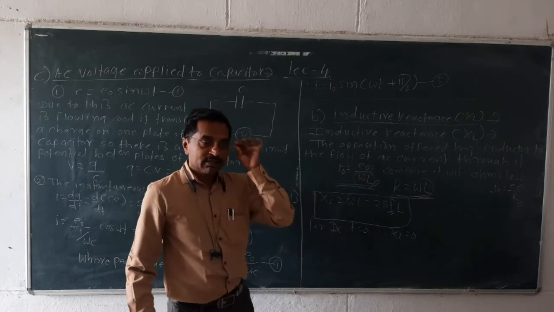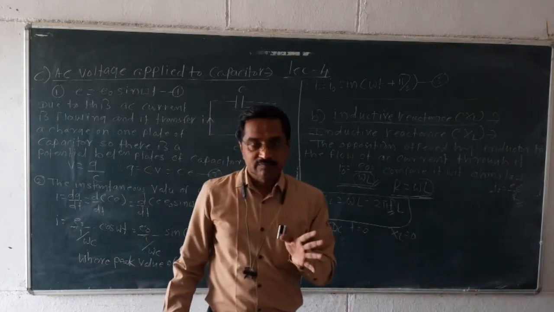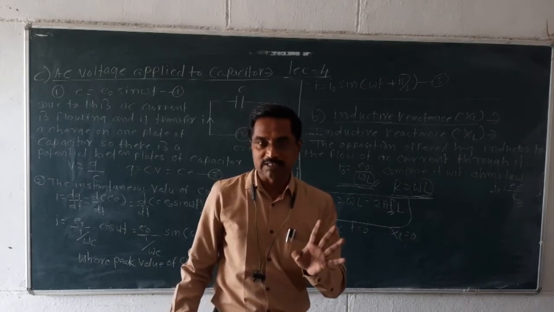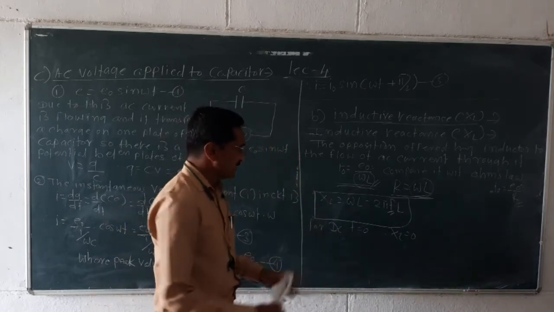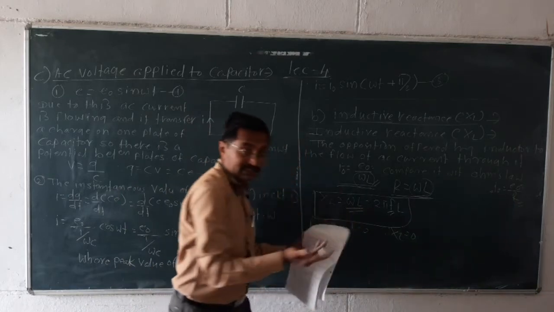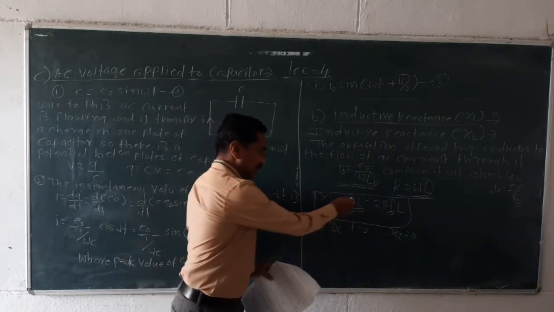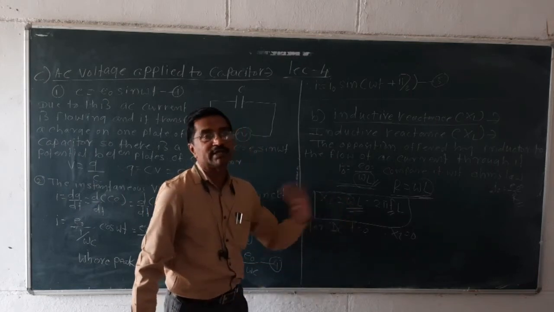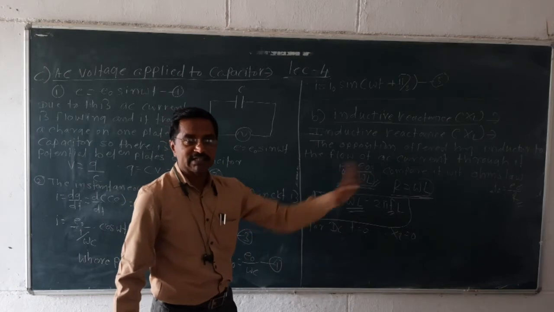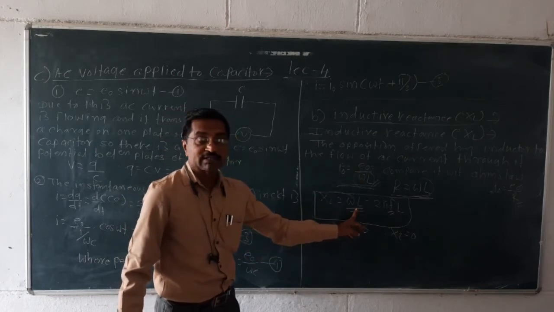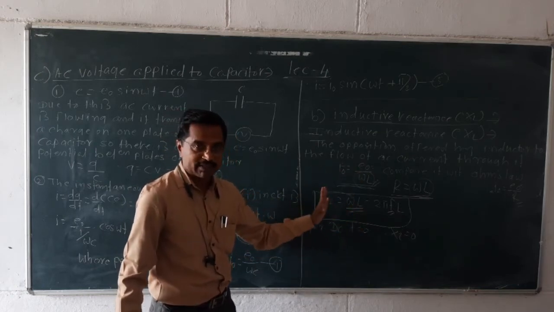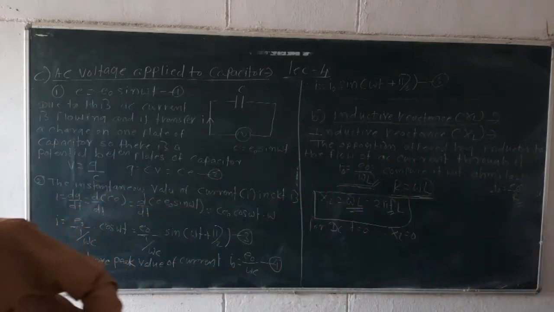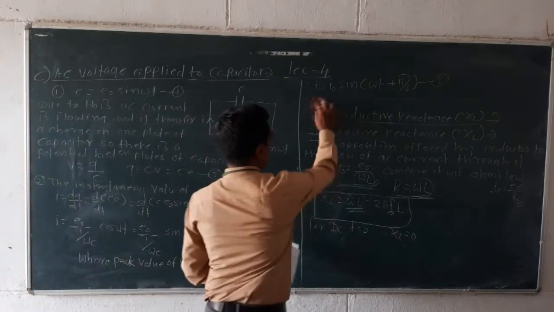Now say the resistance, you know the dimension and unit of the resistance. Unit of the resistance is ohm. Here this omega L is also the resistance of the inductor, only it is called the inductive reactance. So the dimension and unit of this inductive reactance is also the same as the resistor, that is ohm. Got this point clear? Now you have to start today's lecture, that is lecture number 4.